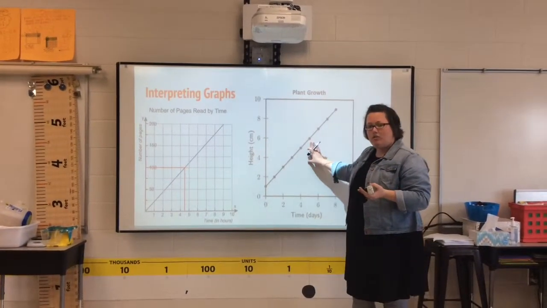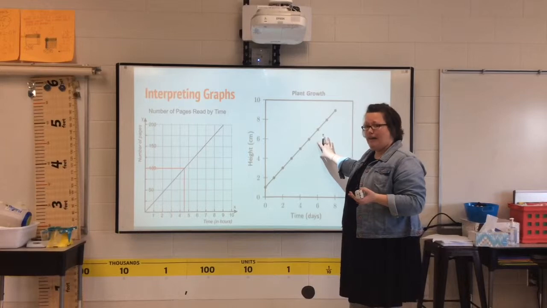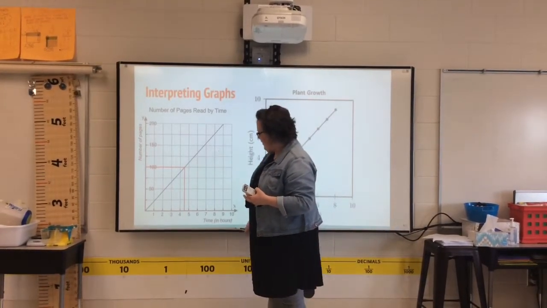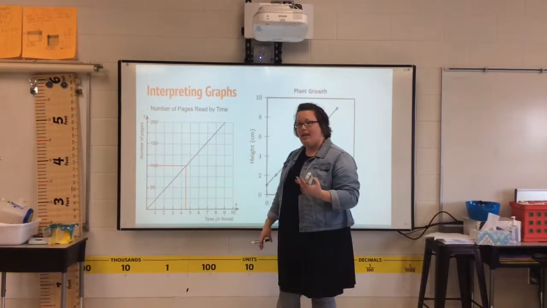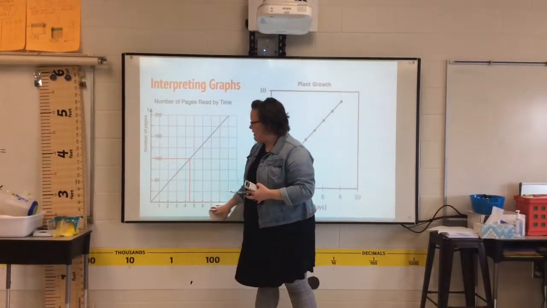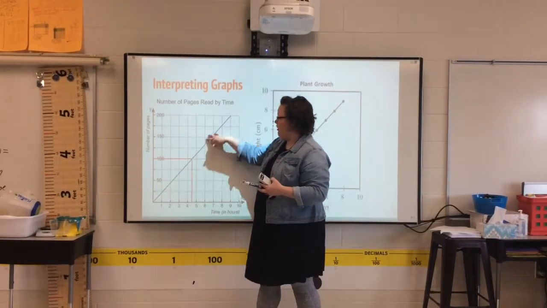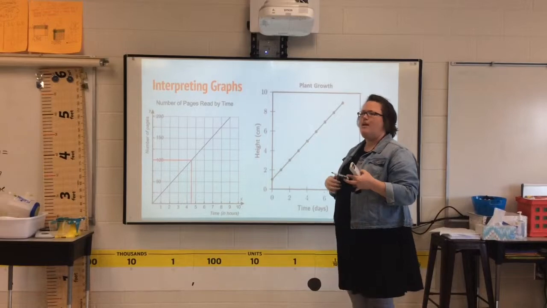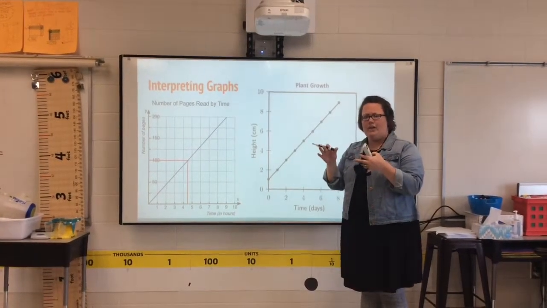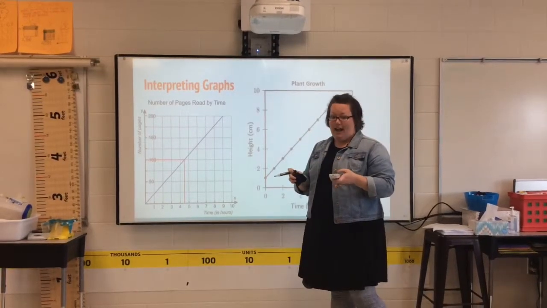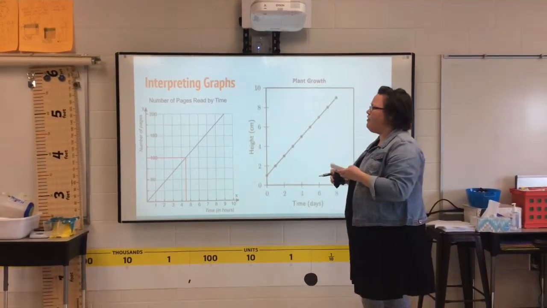And so some things like this are going to be common sense to them, but not always. It depends on what data we're talking about in class. And as well as over here, this one is talking about the number of pages read in a certain amount of time. And so as the time increases, the number of pages also increases. And not everything will be so linear like this. Sometimes it'll be more of a scatter plot situation, but there will be trends that they have to determine in their graphs. Okay, so those are the main